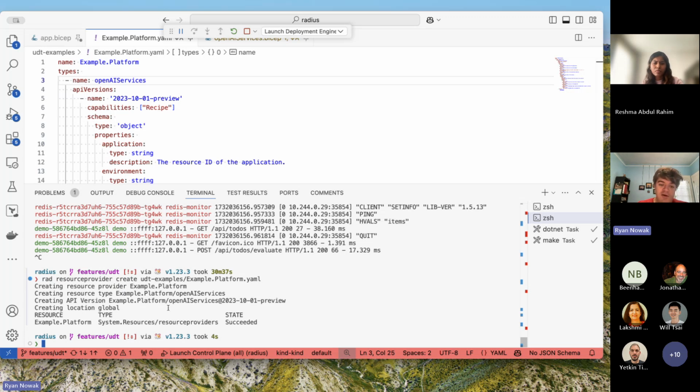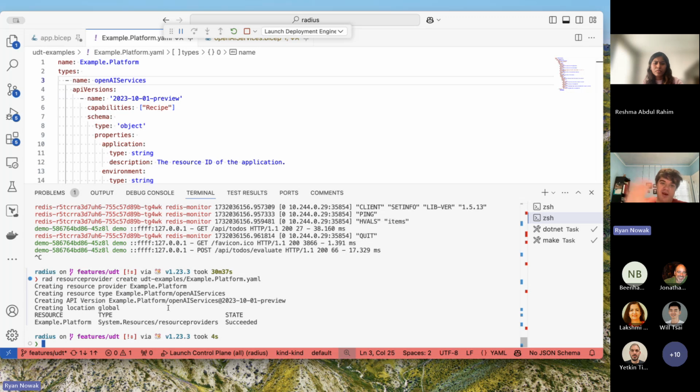And if you're familiar with Kubernetes and how extensibility works in Kubernetes, you might be saying, this feels a lot like a CRD, and you would be right. This is a lot like a Kubernetes CRD. And if you want to think of it as Kubernetes CRDs for Radius, I think that's an appropriate way to think about it. I think that's mostly accurate.